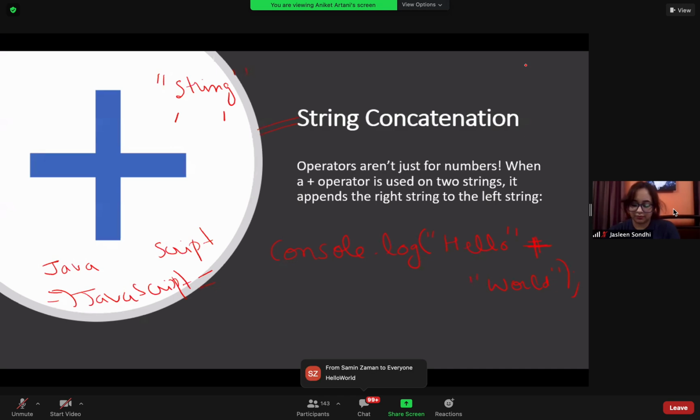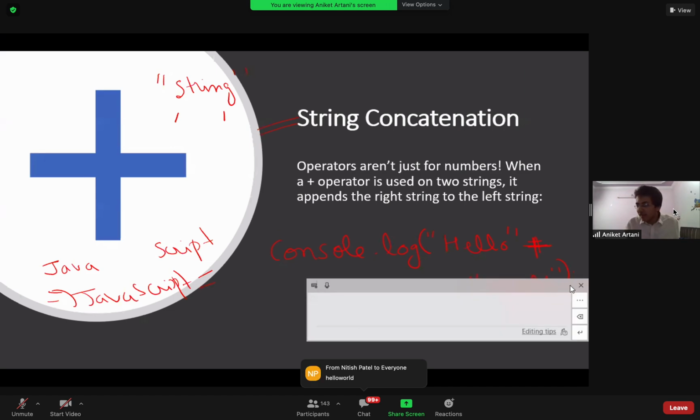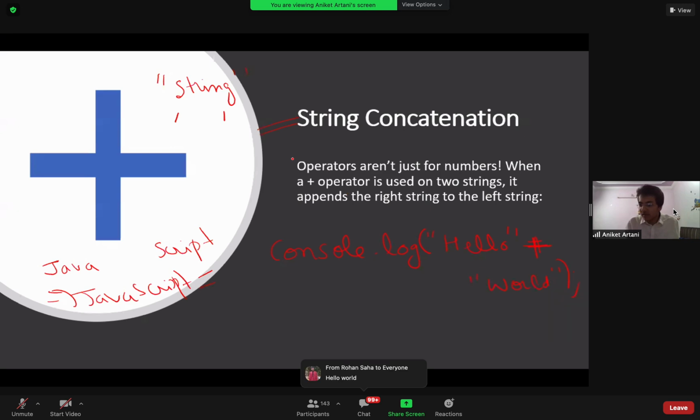I think some of you guys already started commenting. Yes, very nice, guys. Hello, what will be the output? Someone has added JS is just like Python with some twist. Yeah, but it is quite different. You will get to know. Will there be any space? No, there will not be any space.